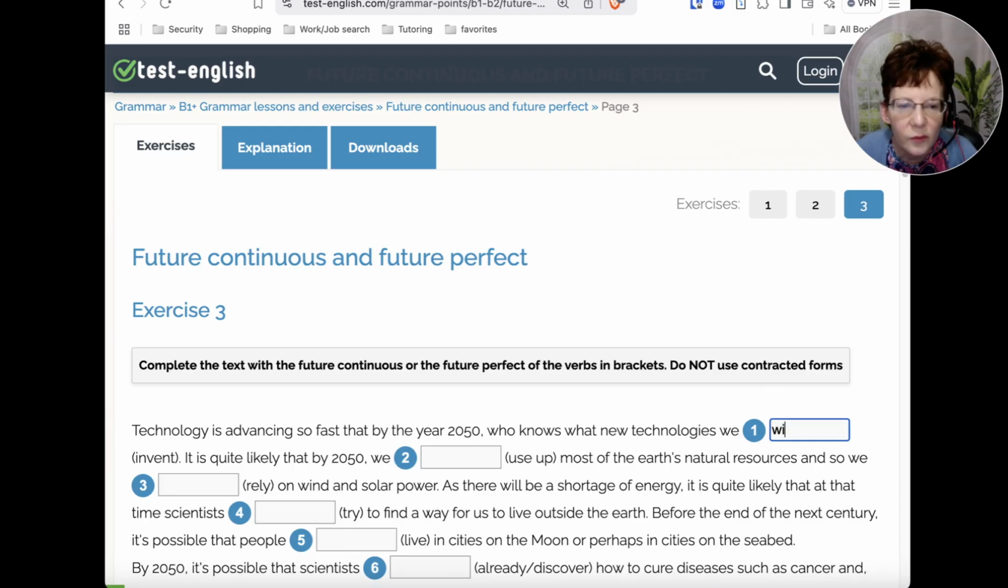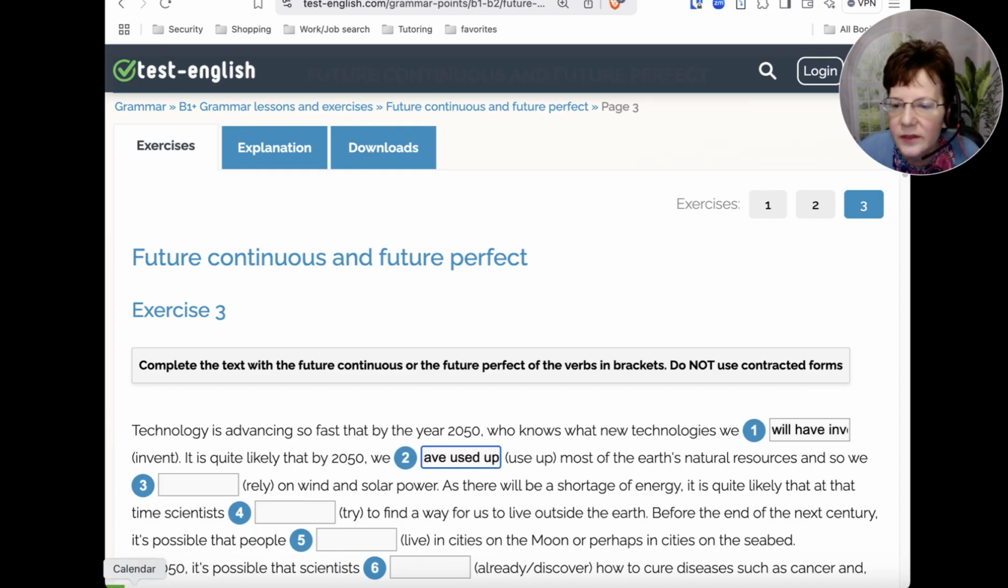So we will, okay, so we want the perfect form. Will have invented, right? So it is quite likely that by 2050 we use up most of the Earth's natural resources. Okay, so which form goes here? So I would do the perfect form. So we'll have used up